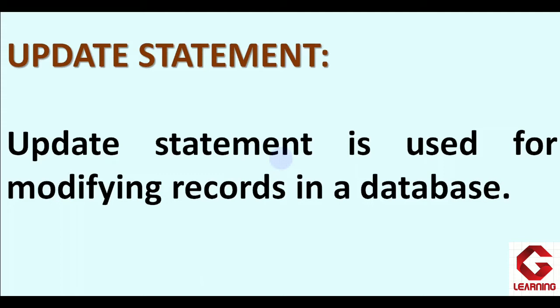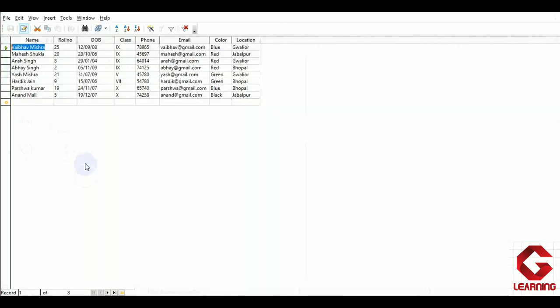The meaning of this statement is that whatever data we have entered in our table of the database, if we want to make some changes in that already entered data, that is possible by using the update statement. Now I'm going to use the student details database and in that the student info table to explain the meaning of this statement a little bit more. So now moving to the student details database. Here in the student info table, as you can see, we have details of 8 students, and if we want to make any kind of change in the data of any student, that is possible by using the update command.